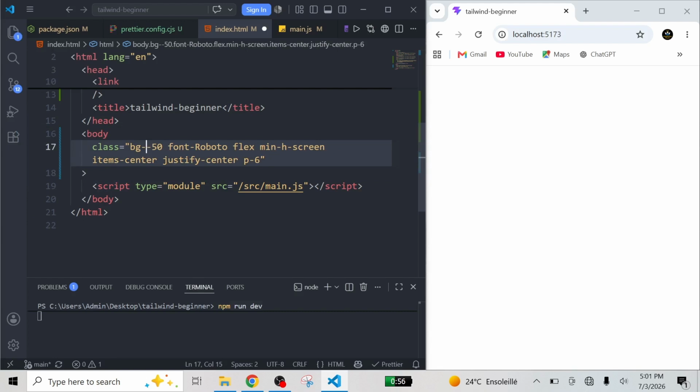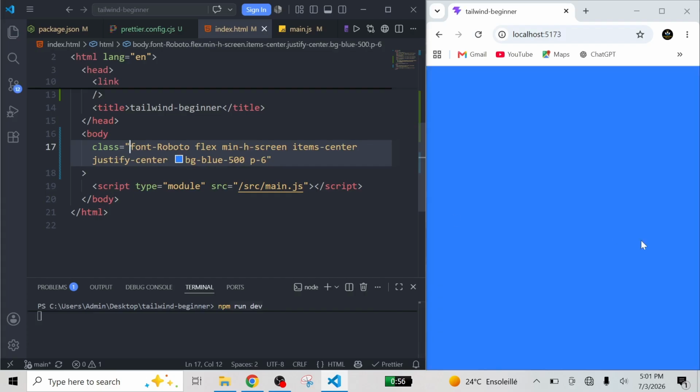For that, I'll just try, let's say blue 500. Just we'll see. Yes, you can see now we fill all the screen,